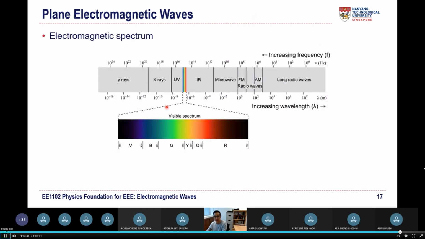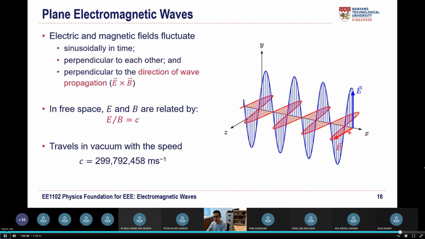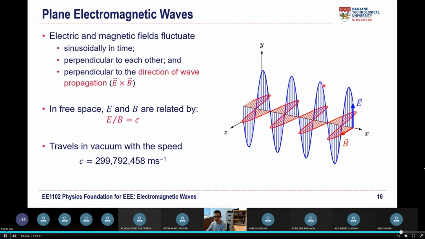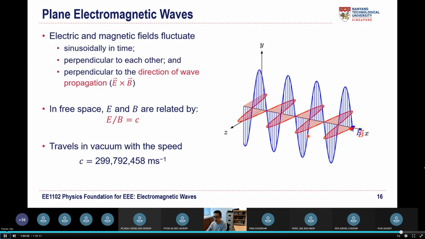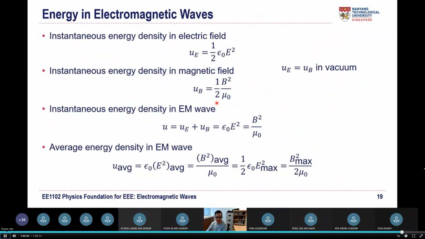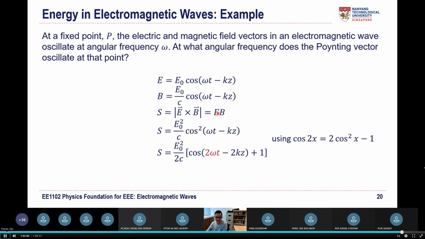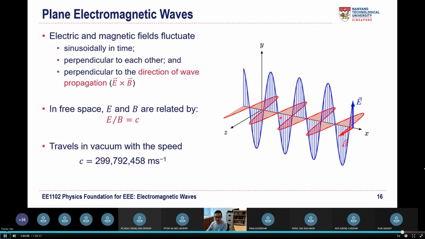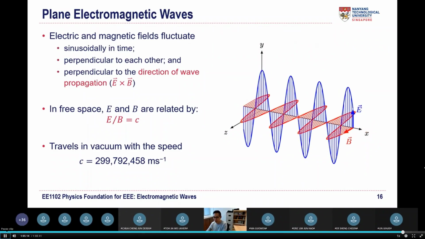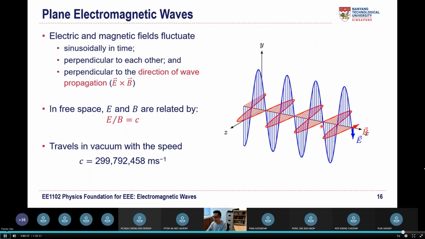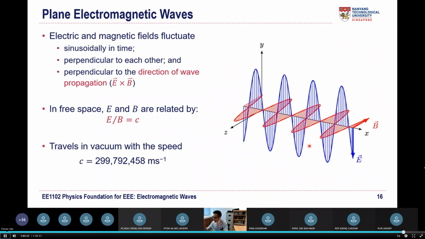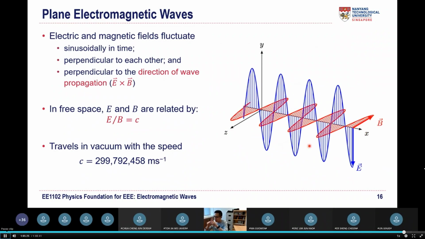And that actually is quite obvious, because you see here in this case, you have the electric field going positive and negative, positive and negative, and positive and negative, right? But here we said S is E times B, right? If we do that, when the electric field is positive, the magnetic field is also going to be positive, for instance. And when the electric field is negative, the magnetic field again is going to be negative. So when you multiply them together, you will never